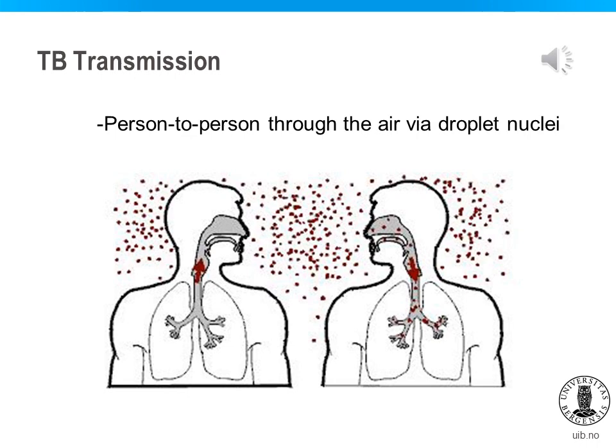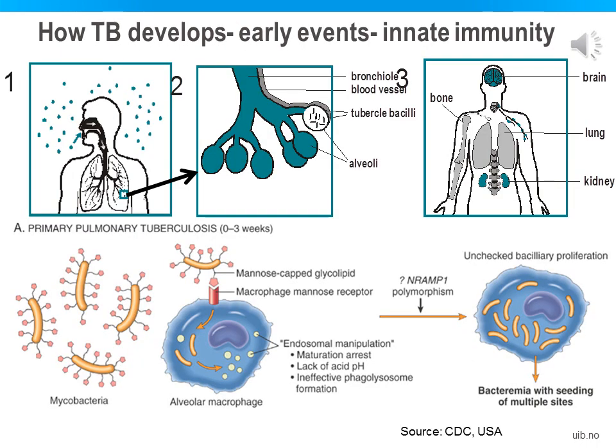Tuberculosis is spread person to person through the air via droplet nuclei. Mycobacterium tuberculosis may be expelled when an infectious person coughs, sneezes, speaks, or sings. Transmission occurs when another person inhales droplet nuclei. The droplets that are small enough in size, 2 micrometers or less, reach the lower respiratory tract. Droplets of a larger size are efficiently excluded from the lower respiratory tract by the physical barriers of the nasopharynx and upper respiratory tract.